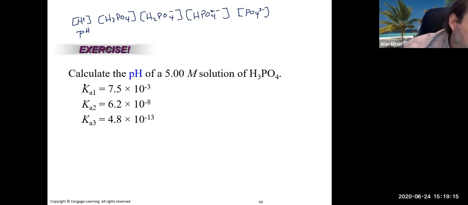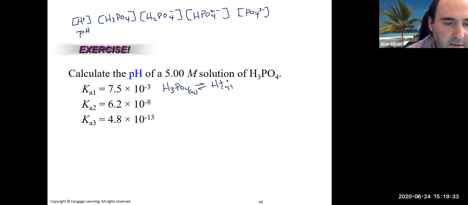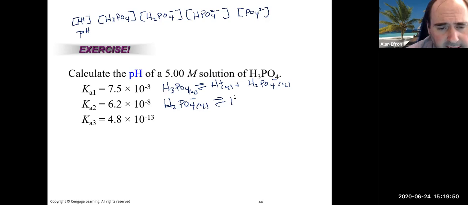So when we see Ka1, Ka2, Ka3, again, that's the stepwise dissociation that occurs. So again, our H3PO4 is going to break apart first off into H plus and H2PO4 minus. And again, that Ka1 would be associated with that reaction. Again, that H2PO4 minus will then break apart into H plus